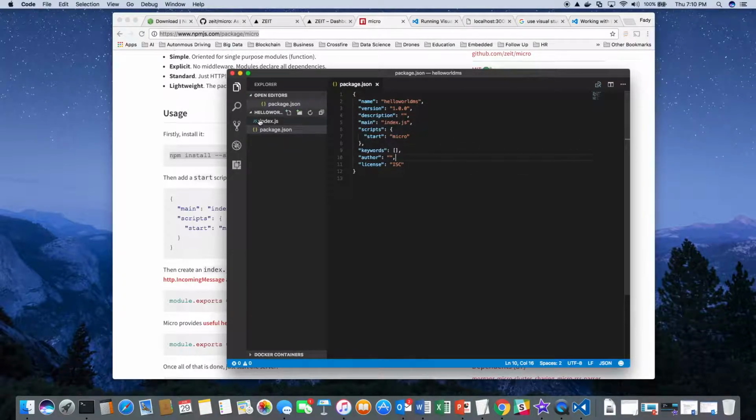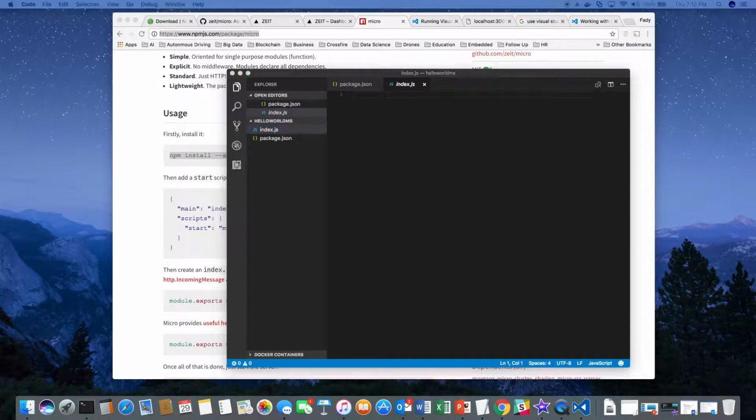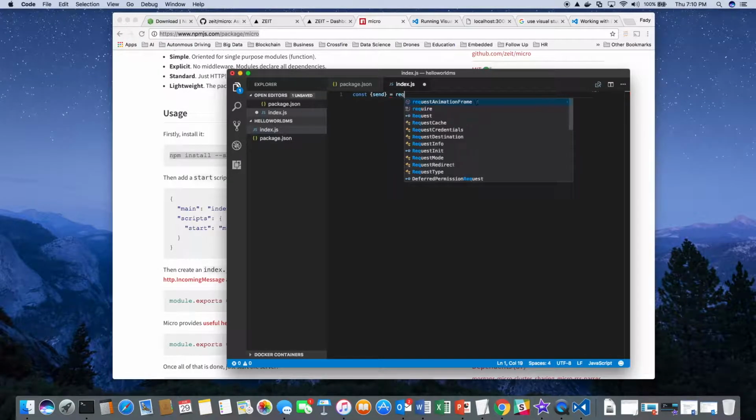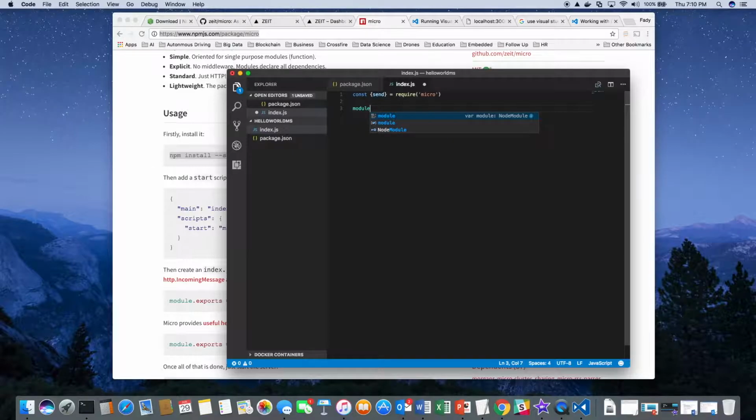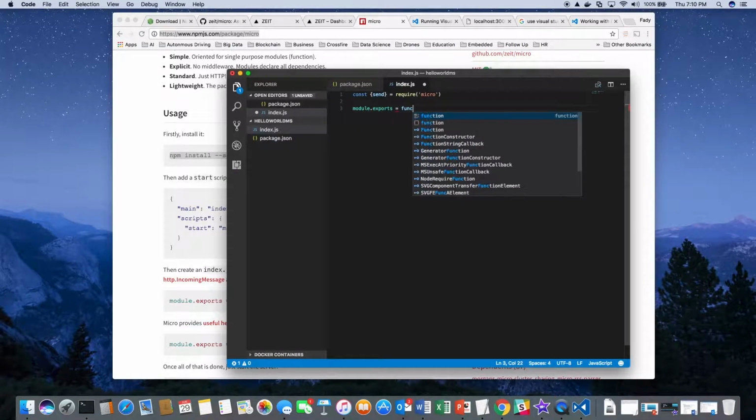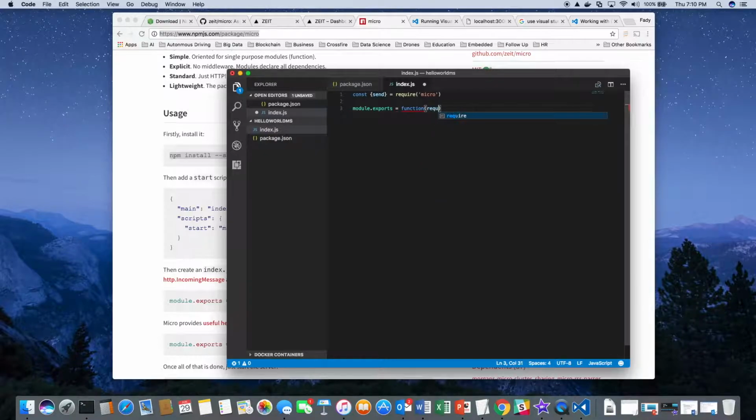And then for the index, I'll be adding the code, so the request and the response.